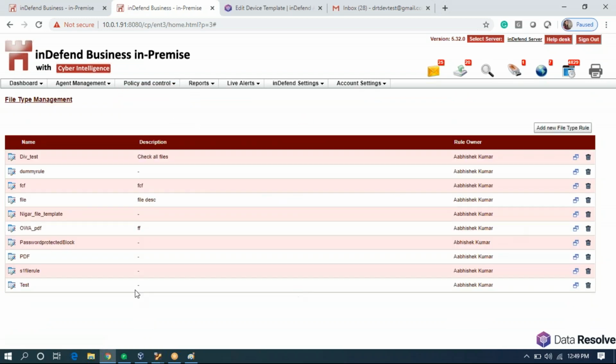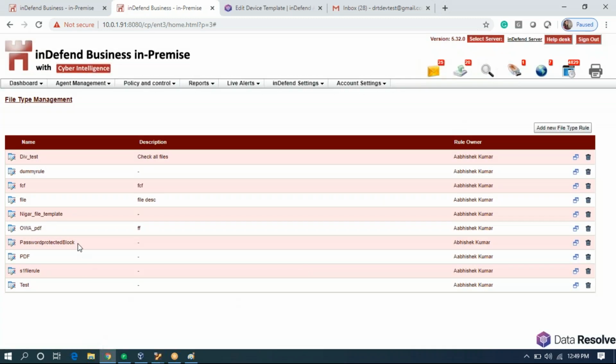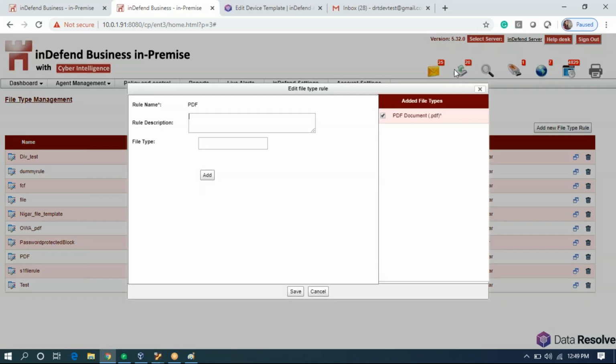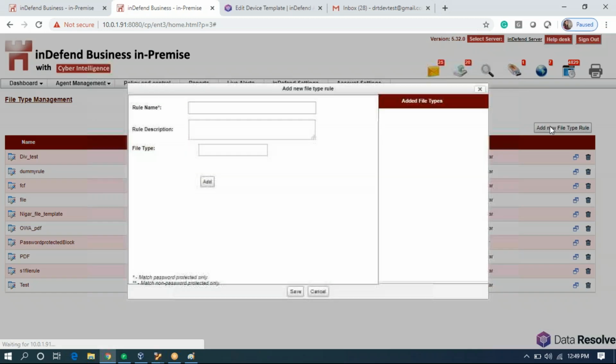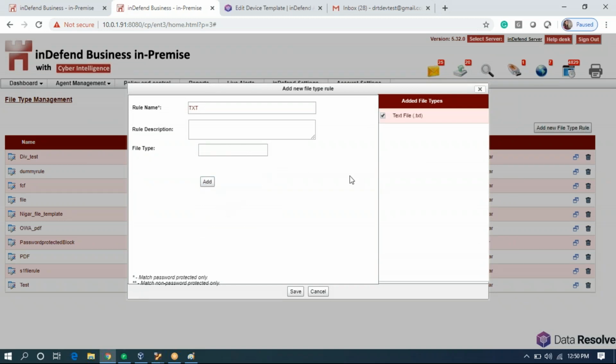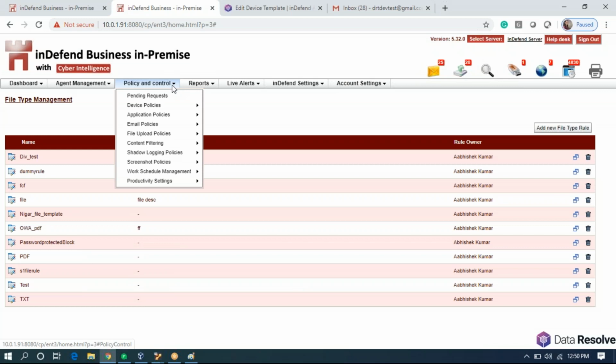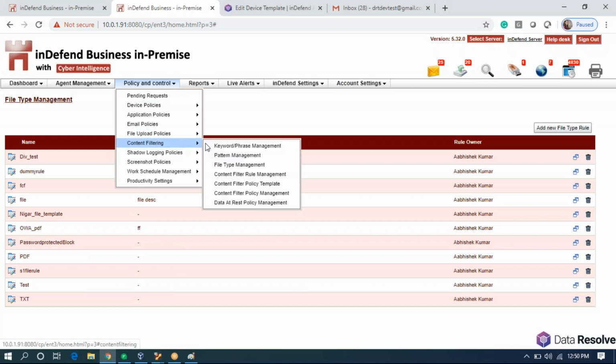Third is file type rules, where you define the file extensions, right? PDF, TXT, or anything. In this, we already have a rule defined as file or PDF, or we can create a new rule. Now, once these three rules are created separately,